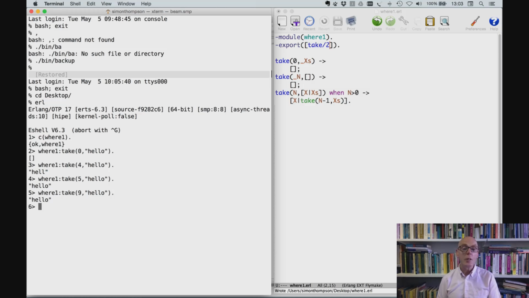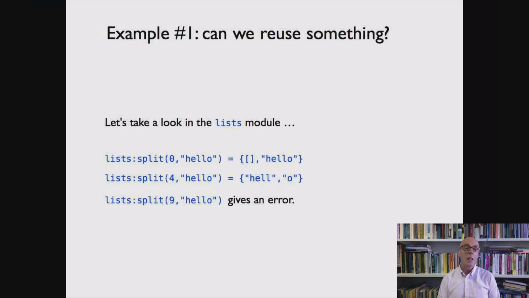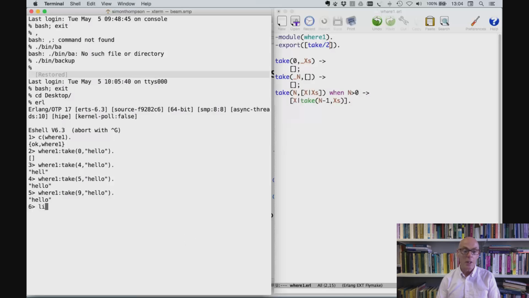Okay, so there we've got our definition, and it gives us the behaviour that we wanted. So we've defined it for ourselves. In fact, there is something else in the lists module. We could take a look in the lists module, and we would find that there is something suitable. Now, let's just escape from there, and I'll show you this in the shell. So we can say lists colon split, let's say for and hello,